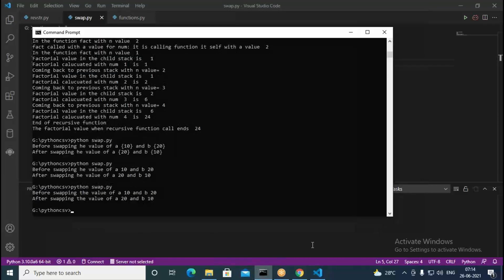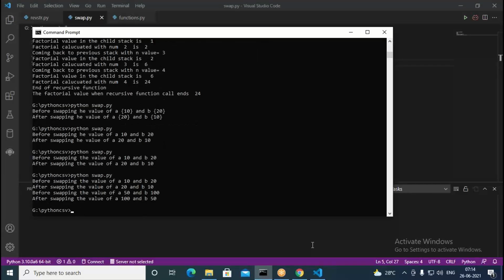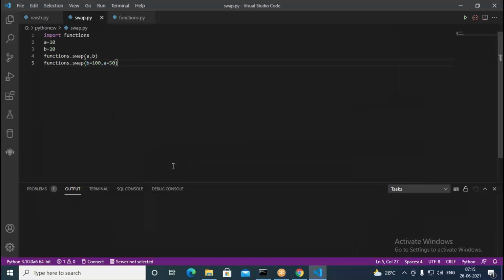Now let us run this. What happens, we see. So what it says here, before swapping the value of a is 50 and b is 100. But after swapping the value of a is 100 and b is 50. So how I am passing in this? Initially, whenever you pass your value straight away, first value is 10, second value is how much it takes, 20. But here I'm using now named parameters. Whatever parameter name you have, that you specify here, then assign the value. And here also specify the parameter name, then assign the value. So like this, what happens? You can be calling the functions using named parameters. This is called as named parameter concept.